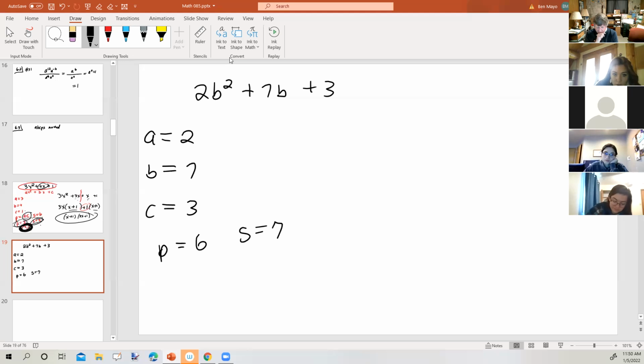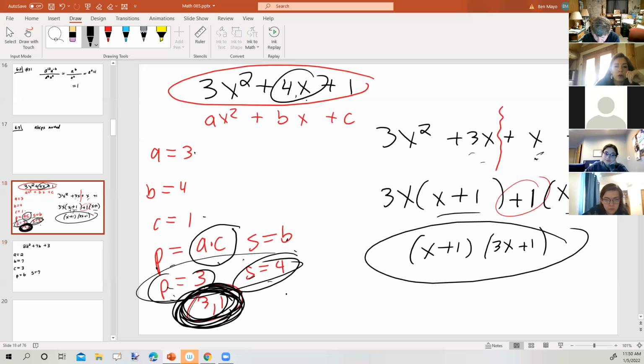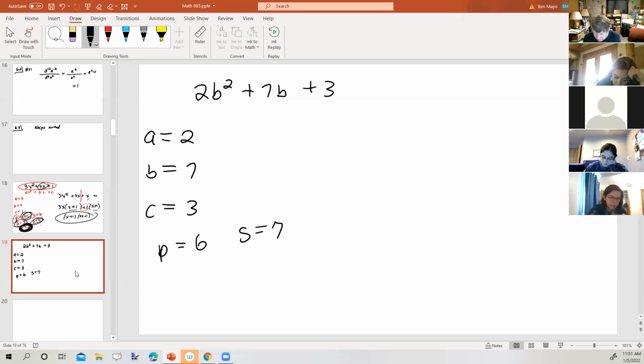Is the P a 6 or a B? Okay, let me ask you this. How do you get P? What do you do to get P? What do you take? What times what? What I'm saying is figure it out. P is equal to A times C, right? What's A times C? Oh, okay. Yeah, it's a 6. But yes, my handwriting is,